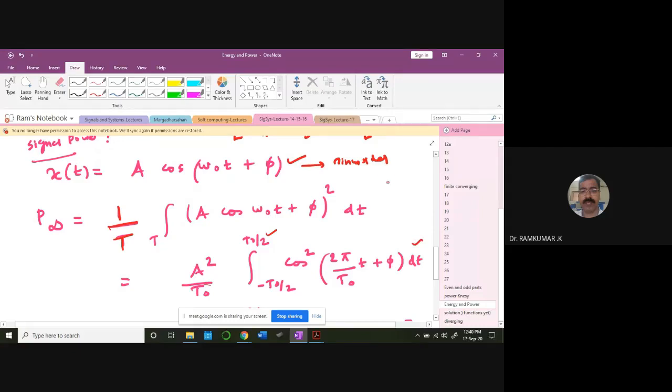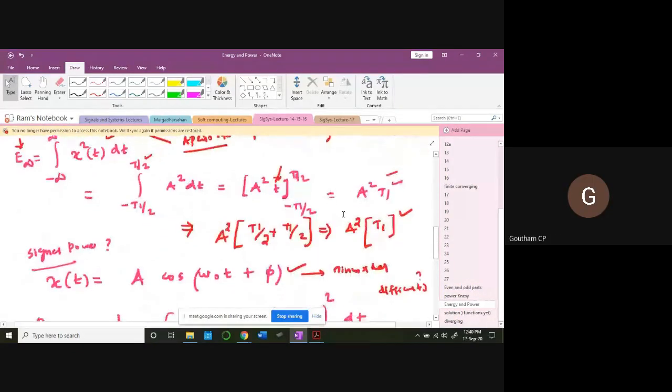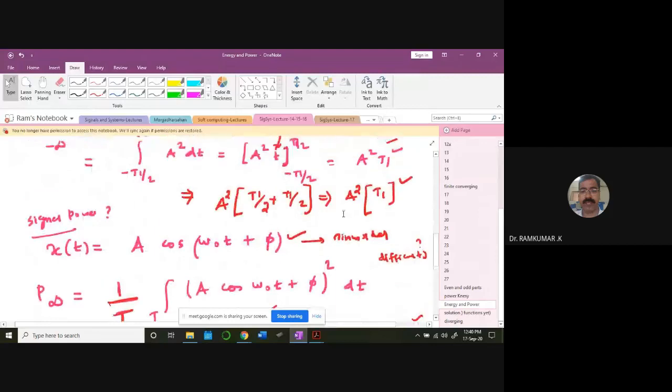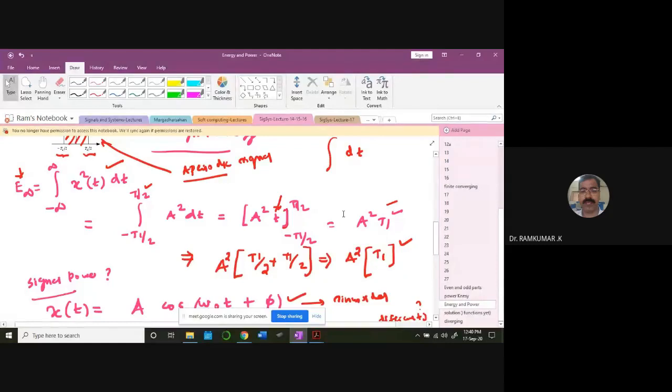Everybody with me till this point? Anybody having difficulty in understanding this? Please ask. Gautam, are you clear? Are you in a position to understand this? Kalichalvan? Which one are you finding difficult? Tell me. This idea is important. Energy and power is an important topic in the first unit. You'll get one question definitely in the examinations, so try to concentrate and understand it. Not only from an examination point of view, computing energy and power is an important signal processing idea.